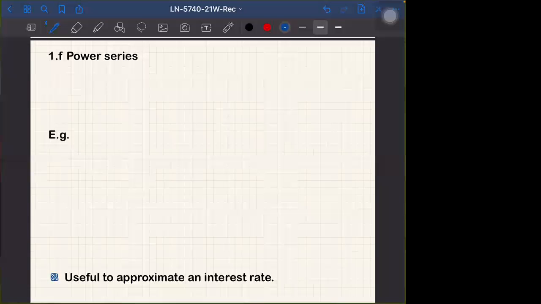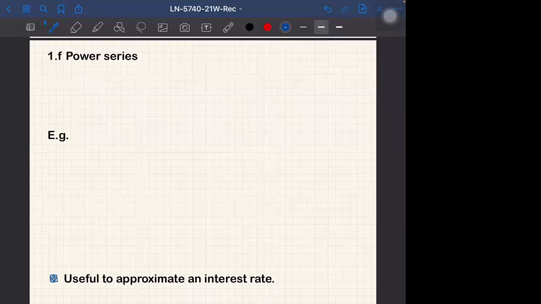Hi, we briefly discussed the power series and how to apply power series to approximate an interest rate. Okay, so theorem. This is just the examples of Taylor expansion. It should be covered in Math 2020. We don't use the Taylor expansion heavily, but at least it's useful to remember that the exponential of x